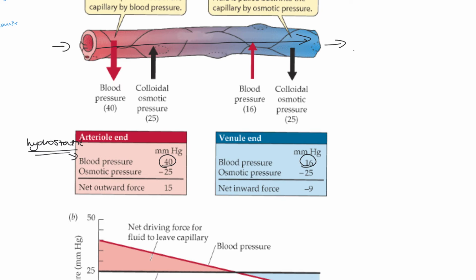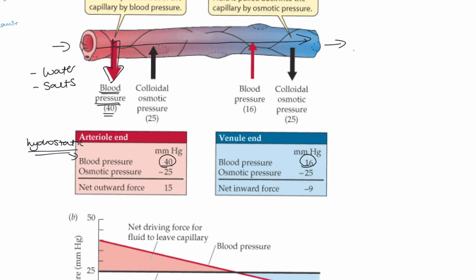So it's the high hydrostatic pressure that squeezes everything out. It's kind of like somebody squeezing on a sponge. Everything is being forced out of the capillary, forced out of the blood plasma to form tissue fluid. So the water gets forced out under this high pressure. Salts, the dissolved solutes, they all get forced out. And as they get forced out, the blood volume drops because all this stuff is being forced out through the pores between the capillaries, and it forms tissue fluid. So the blood plasma is squeezed out of the capillary and forms tissue fluid because of the high hydrostatic pressure